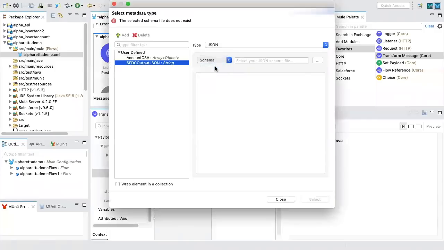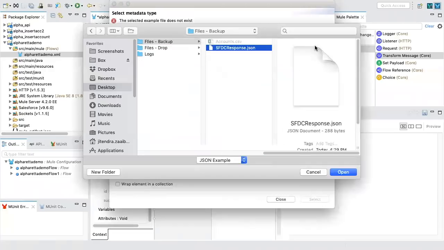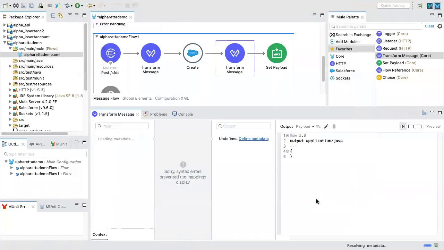I already have one example, and I have written that JSON here. If you are not comfortable with JSON, it doesn't matter, because we just have CSV. First is CSV, second is JSON, third can be something else. It's all your choice.